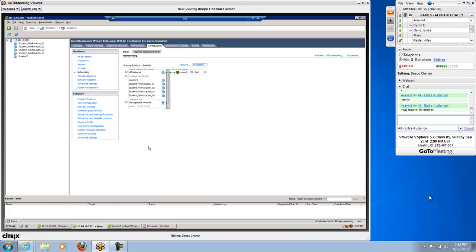Switching networking is actually divided into two sections in VMware. There is a standard switch. That is what this is. This is called a standard switch. This was the switch technology that was available with VMware ESX servers all through these years up to ESX server version 4, which was in 2008. In 2008, VMware introduced a different type of switch called a distributed switch, which was not used widely, but